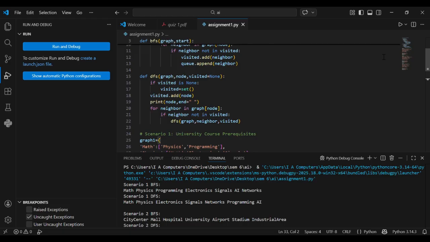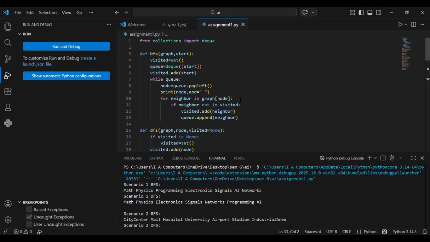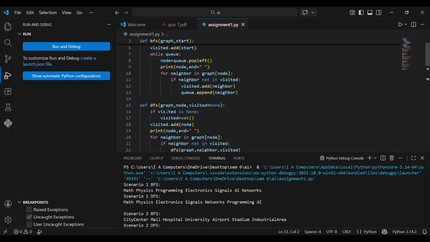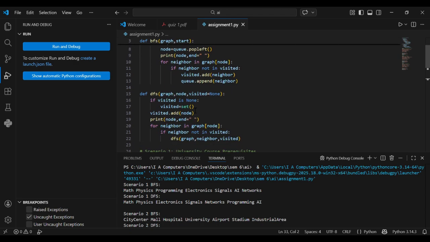Then we have the DFS algorithm, which is depth first search. In this algorithm, we traverse deep down in the first direction, and when there is no subchild of that parent, which is the last leaf node, from that point we traverse back in a different direction. So here we have the DFS function with graph, node, and visited equal to None, which means that if we have the start of our graph, which is the root node, and we haven't visited or traversed any side yet,